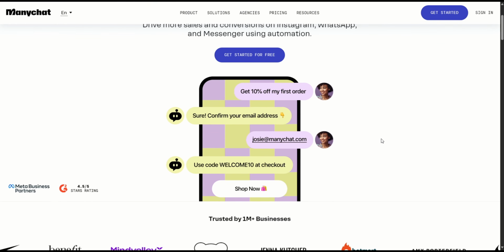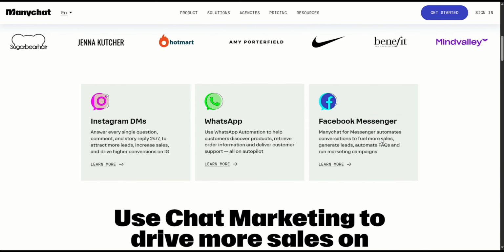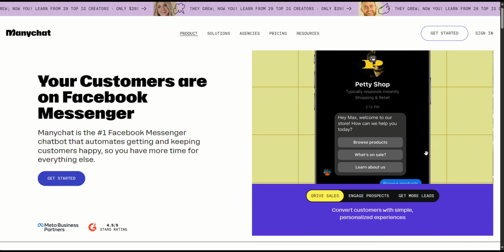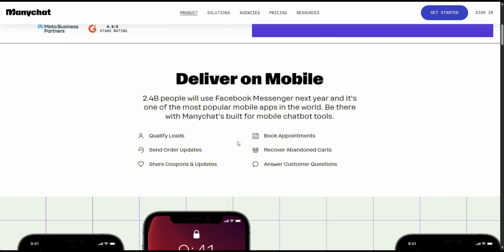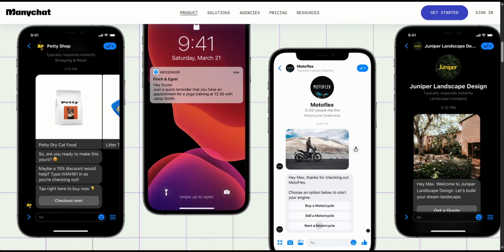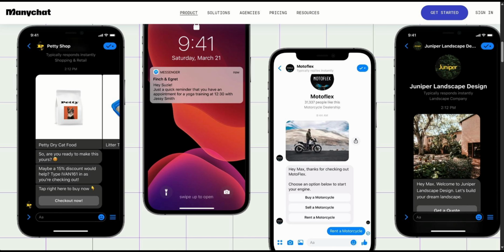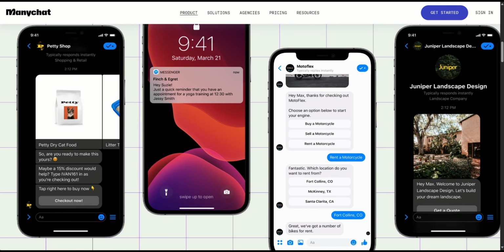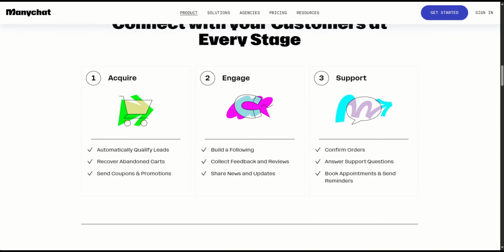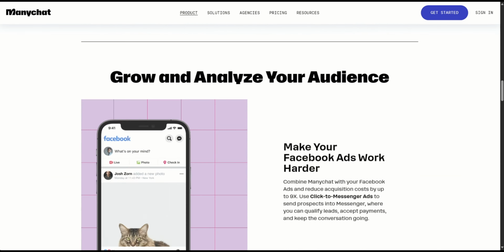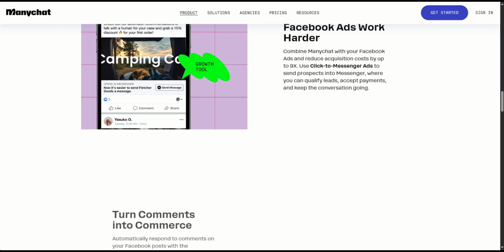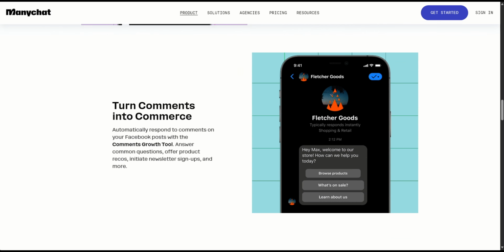Manychat is a powerful platform designed to help businesses create chatbots primarily for Facebook Messenger. But it also extends to other channels like SMS and email. This tool allows users to automate conversations, manage customer interactions, and enhance marketing efforts without needing extensive technical skills. Manychat's user-friendly interface enables you to set up a chatbot in just a few minutes, making it accessible for beginners